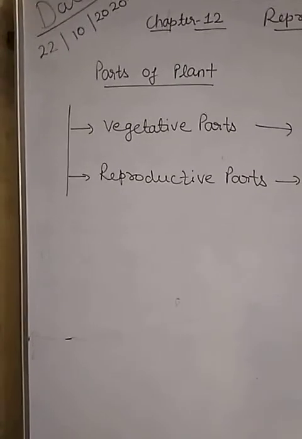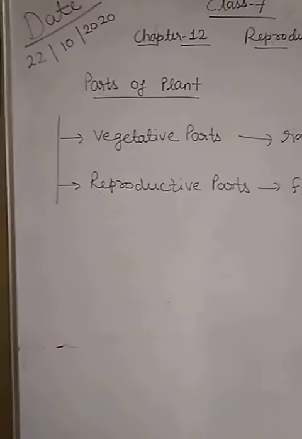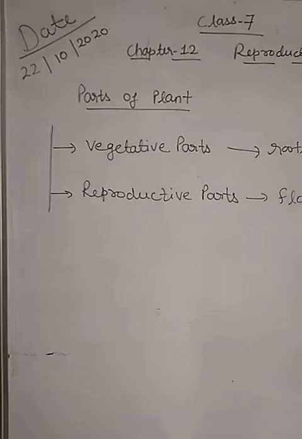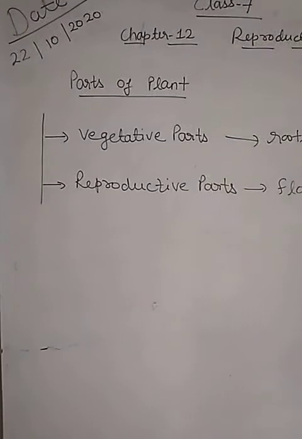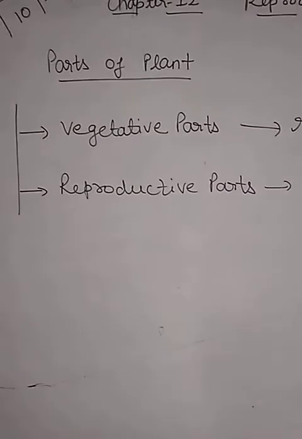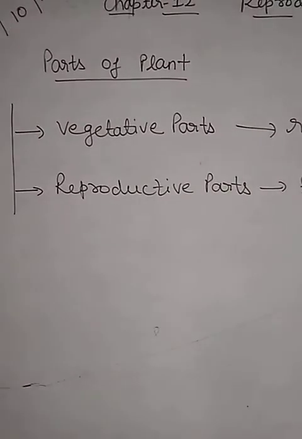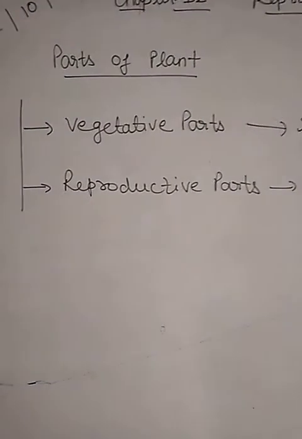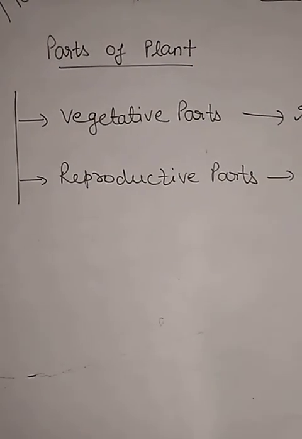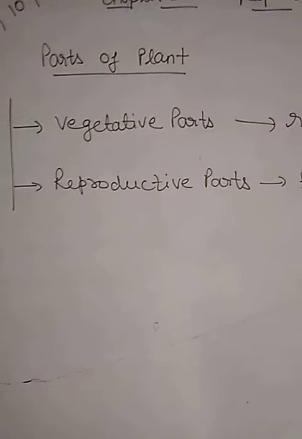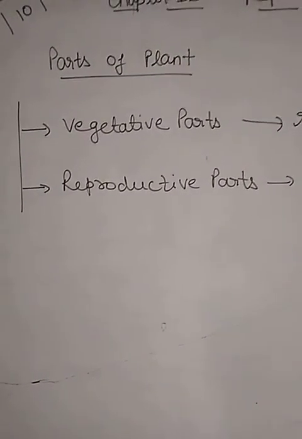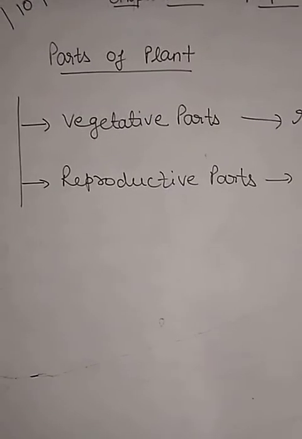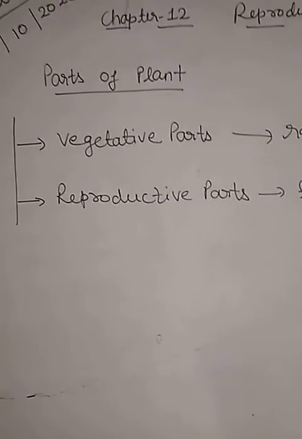But after some time, in some plants you have seen that the plants grow up and bear flowers. After some time, this flower grows up and bears the fruit, and after some time you will see the seed inside that fruit. It means that the flowers help in the process of reproduction, means they help in bearing the seeds, which are the reproductive parts. Therefore flowers are known as the reproductive parts of the plant.